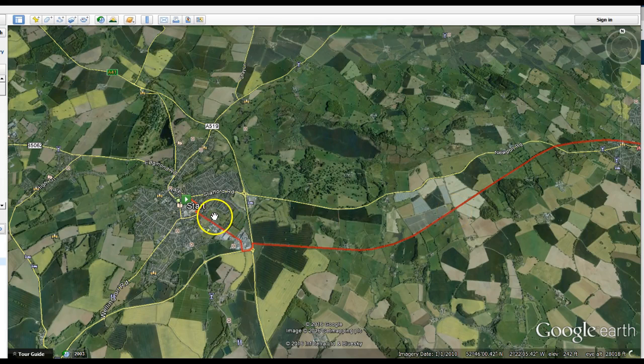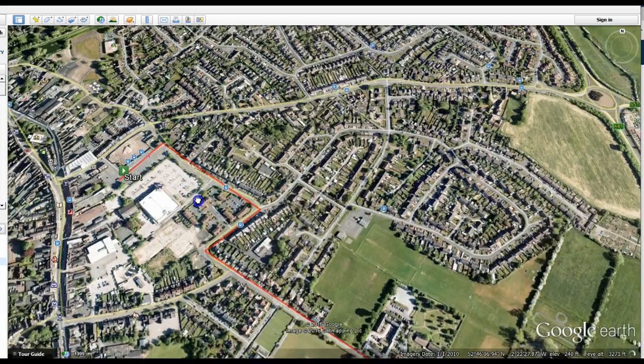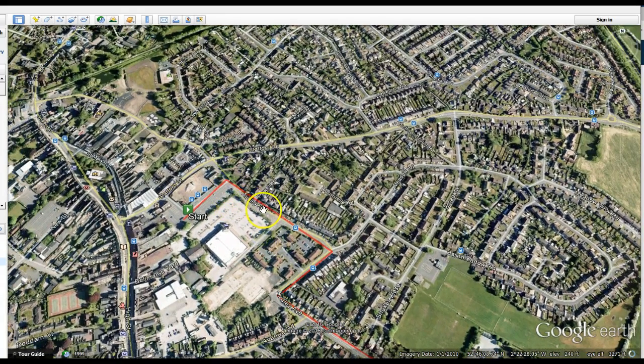So this year you're getting 3 miles for free, and the main reason for that is that cycle path 55 now starts here and has been extended right the way through, so it's a really nice cycle path right the way through to Stafford. So this year we are making life a little easier for everyone, so rather than having a little bit of a walk from the road down to the start here, which was on the bridge, instead we're all going to be starting in the car park on Audley Road